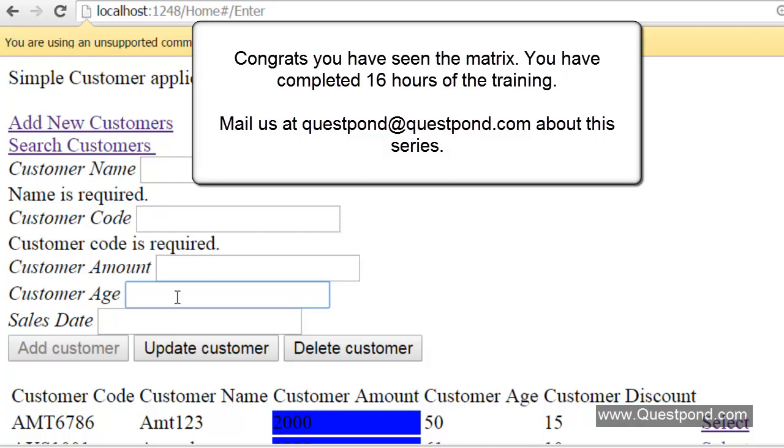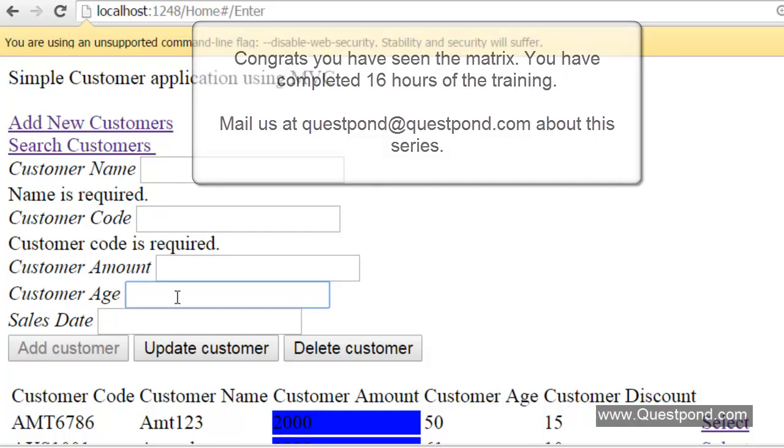Especially that update customer, it looks easy, but it is not easy. So I will leave this project here, and in the coming 1 hour, I would like you to download this code, go through it, set up your database, and try to complete the update customer and delete customer. And in case you have any problems, you can always mail to questpond@questpond.com.